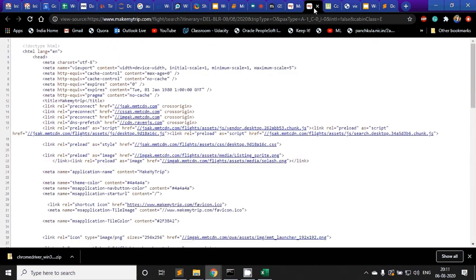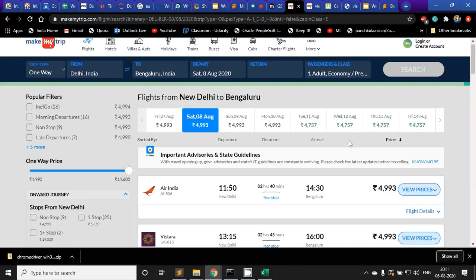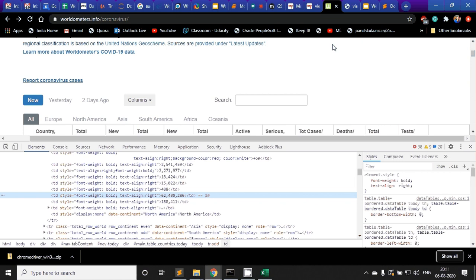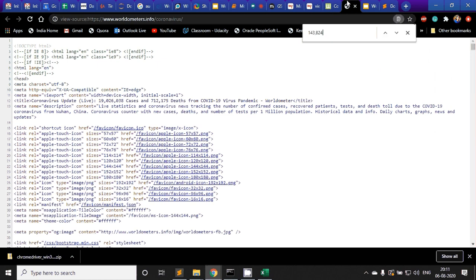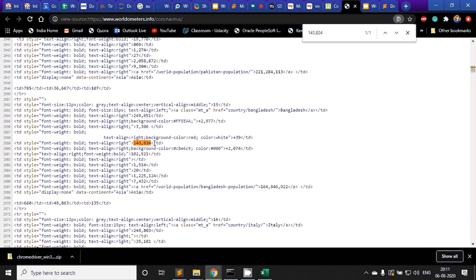So this is an important difference from a static site. When you have data available in the page source, it is easier. You can directly request it, parse it and save the data.